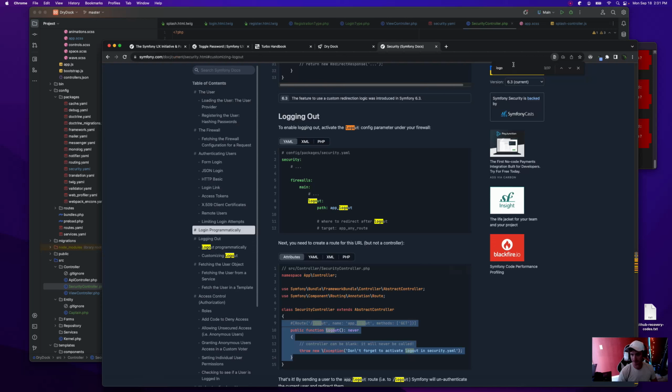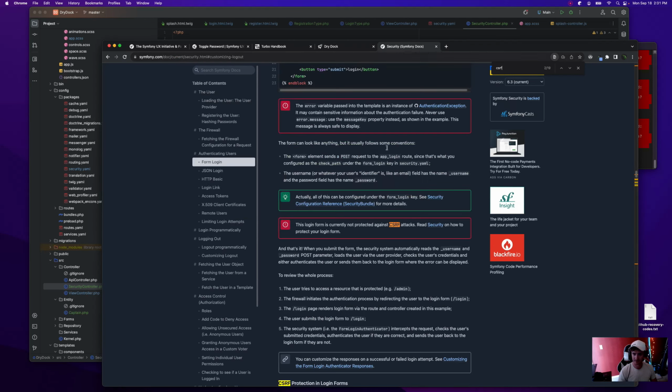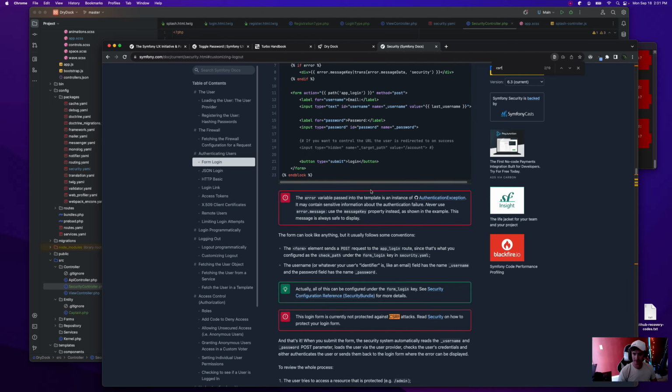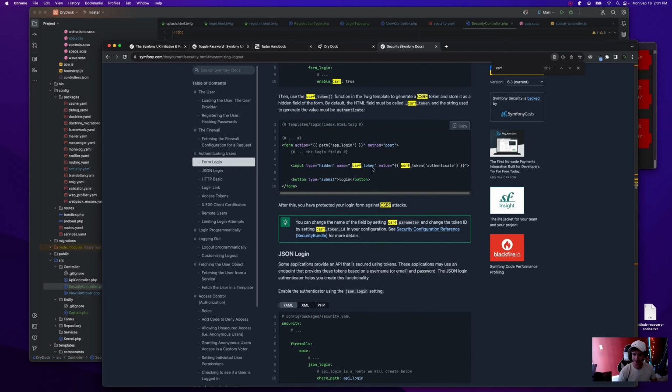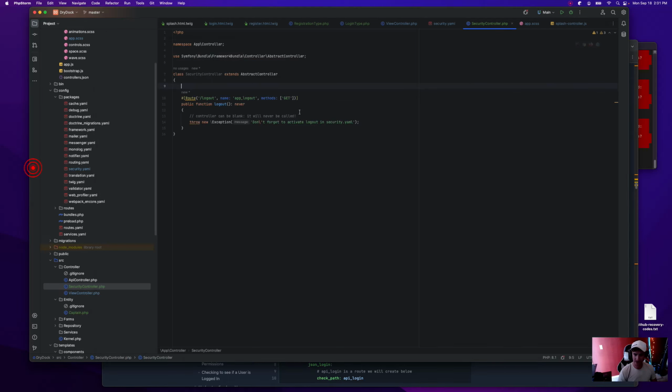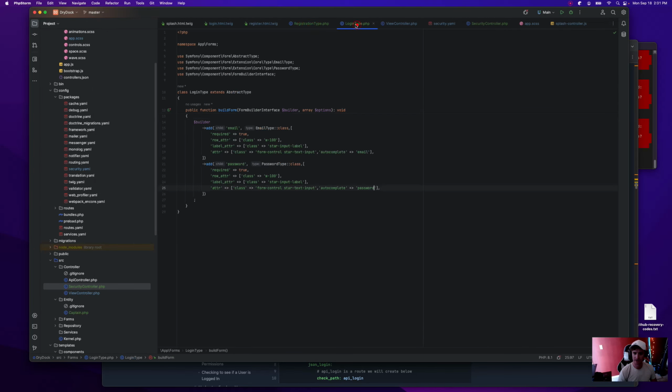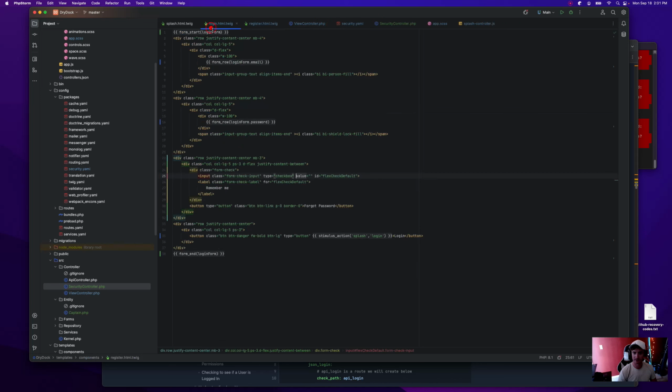And go back up to CSRF. Where are you? There we go. We can just copy that, and that's all we should need to do. Not for those. We can close our form things, but for this, we're going to put that right there. CSRF token. Probably going to need to change that to like login type or something.